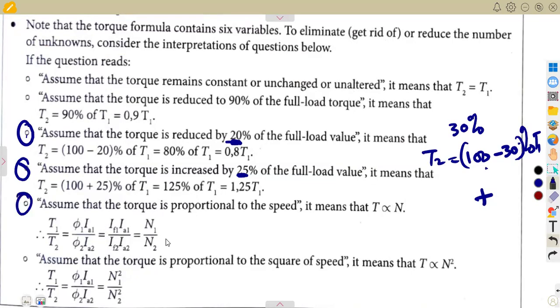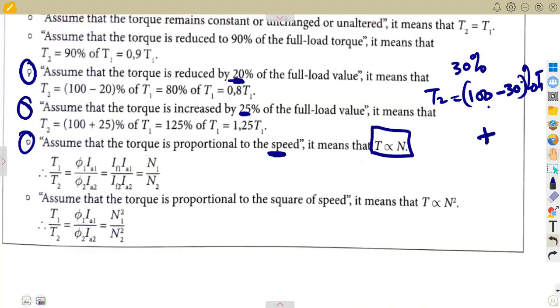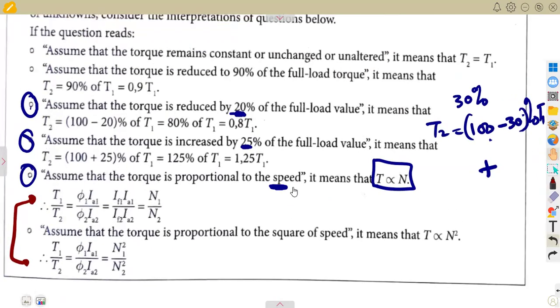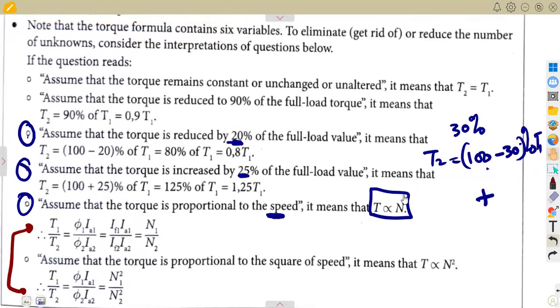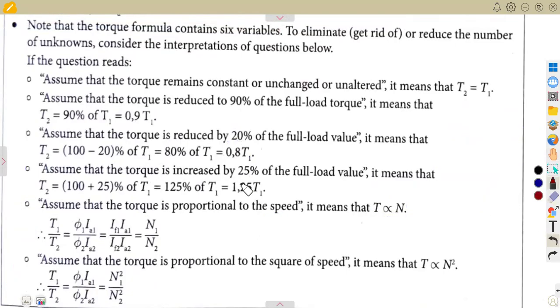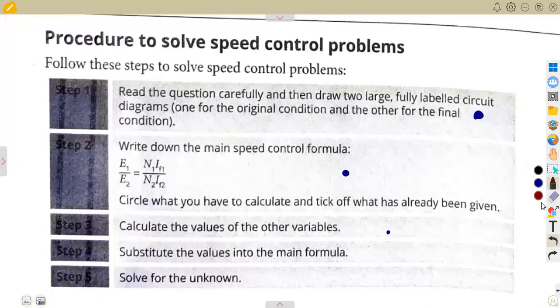Then assume that the torque is proportional to the speed. It means our torque is proportional to the speed. Then these are the formulas that we are going to consider in our calculations. So you must at least have this in mind whenever you're answering these typical questions. So on our typical question that we have, if we are to consider this properly,